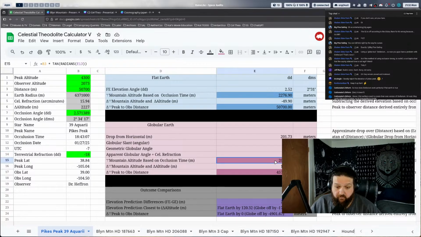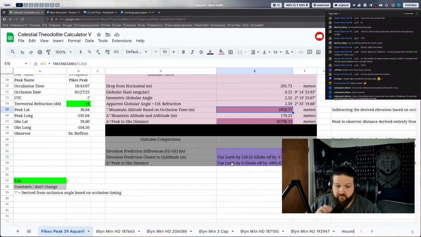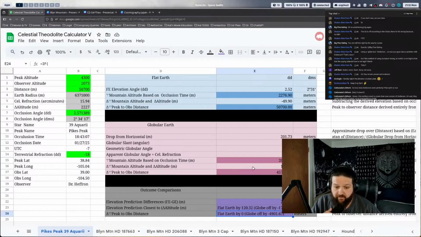And then I guess where we stop agreeing would be right here, where we derive the elevation based off of the 219, because that's where the globe starts to be wrong. And then when we derive the distance off of the 219, that's where the globe starts to be wrong again. And that's where we disagree. Up until this point, everyone's high-fiving. Up until the results kick in, everyone gets upset.